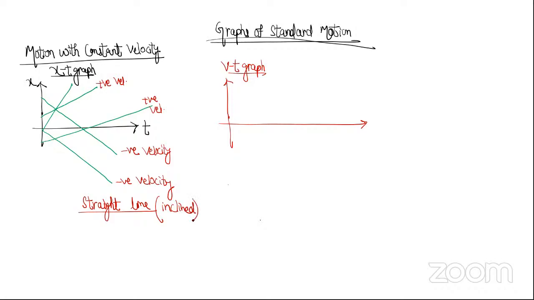अच्छा, vt ग्राफ कैसा होगा? ये है v, ये t. वेलोसिटी टाइम ग्राफ क्या होगा? It also will be a straight line because velocity is constant, तो it also will be a straight line, लेकिन ये हॉरिजॉन्टल वाला स्ट्रेट लाइन होगा क्योंकि वेलोसिटी कांस्टेंट है।